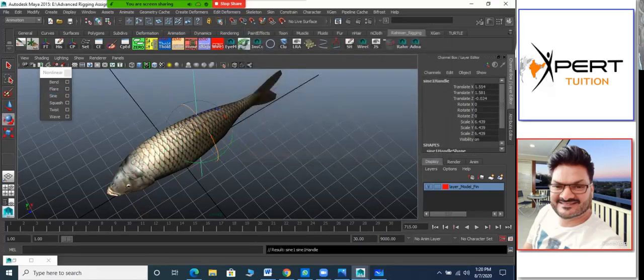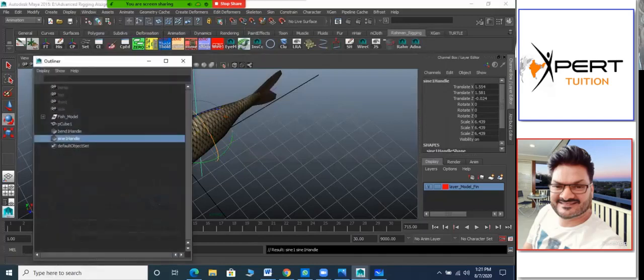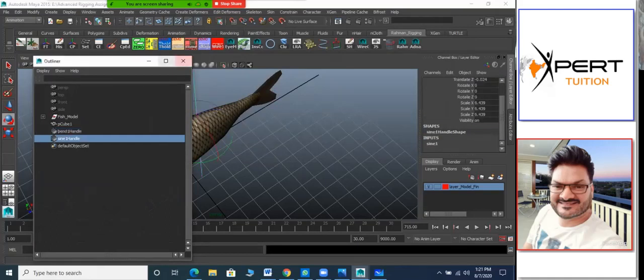So before using this one, we need to make sure that I turn off the first deformer. So the bend deformer, it gets listed in the outliner. You can select it here. And I don't want that to work for now. Then we can cross it completely. So 0 here, so it's not going to work. So we'll focus only on the sine deformer.